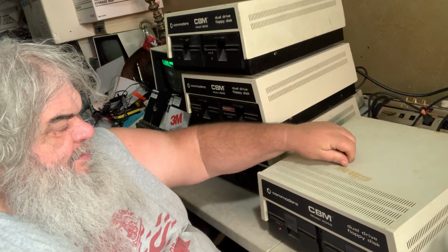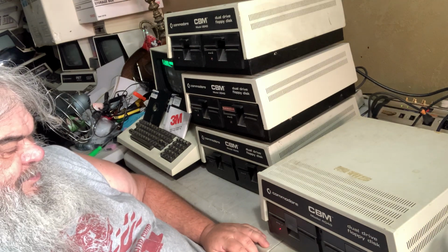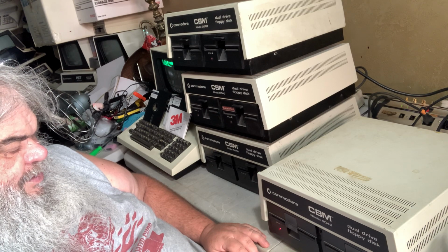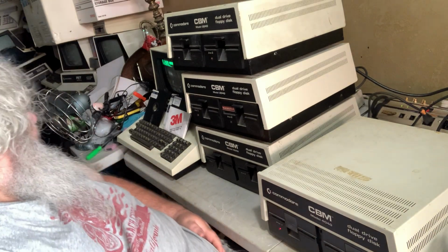Anyway, this one is sounding good. It's making all the right noises. It could use a little cleaning. It has some tape marks on the top. But the lights are turning. The drive is spinning. I'm thinking